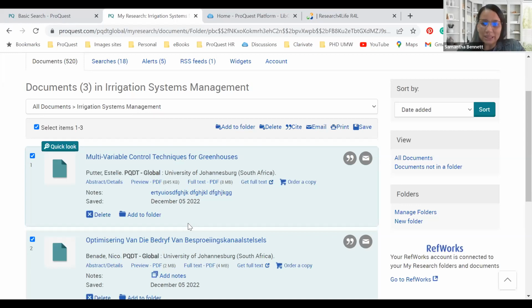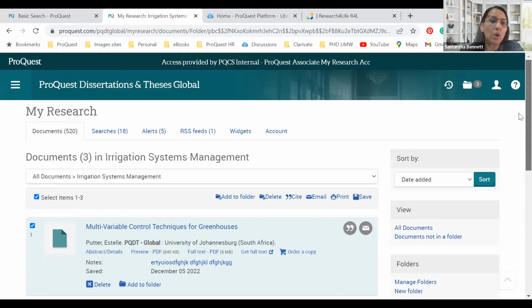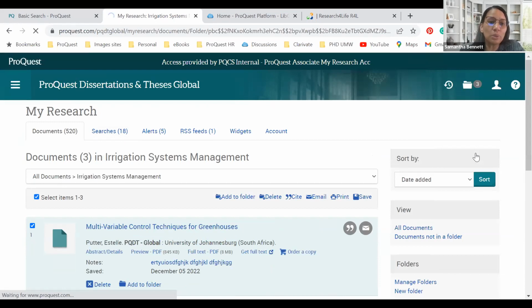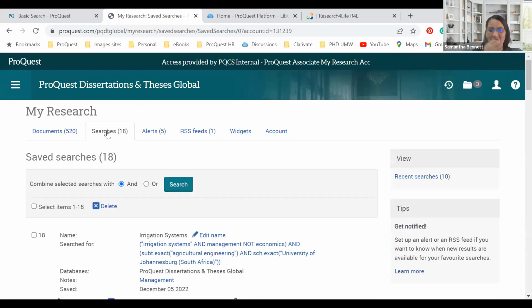Remember, we saved our search earlier on. It is still under the human silhouette, but because we are already in my research account, you can simply see your searches directly from here. Or if you click on the human silhouette, you can see your saved searches from there. So once we click through on it, it will still open, but this tab will be active. So I can see my searches directly from here, and it will open up all of the saved searches that I have done in my lifespan.